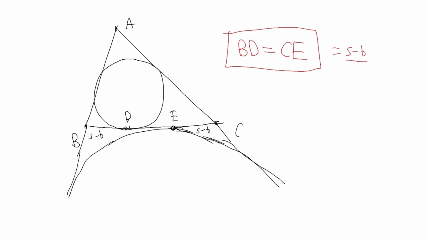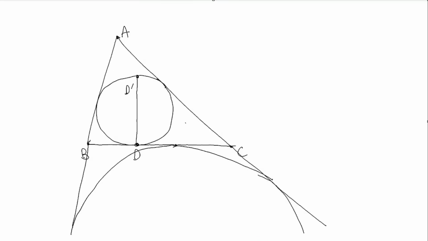Okay, so now that we know that these two lengths are equal, let's see what all we can do with the incircle and excircle. And what we're going to be using is homothety. We're going to be using homothety to the most of our advantage. So the first example of applying homothety to the incircle and excircle configuration is when we have the diameter of the incircle. So if DD' is the diameter of the incircle and D is the tangency point, then as